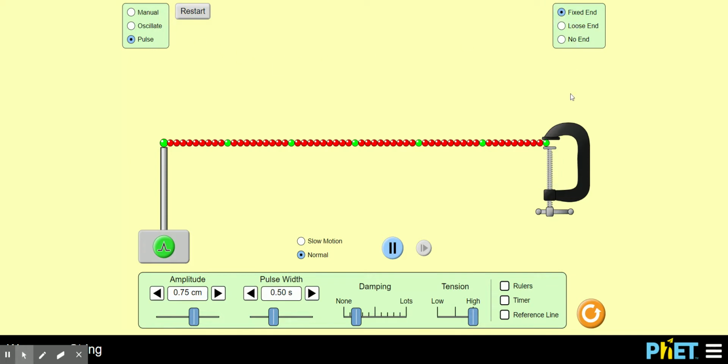So pulse, fixed end. Just for argument's sake, I want to have almost no damping, but I'm going to keep a little bit, and let me have a pulse width. I'll keep it like that. I want to make the amplitude high. So I just want us to see an instance of the pulse. Okay, you see, so this is our